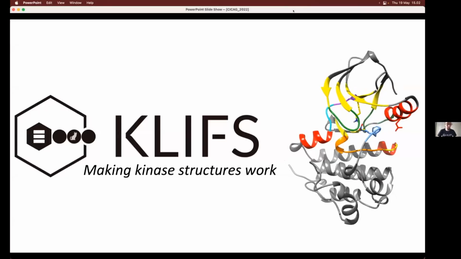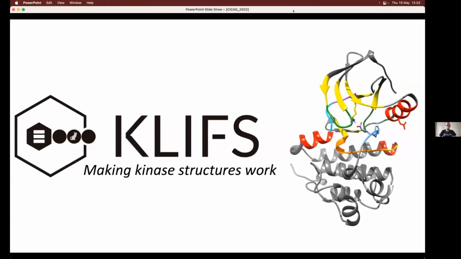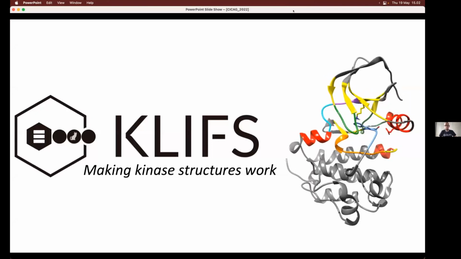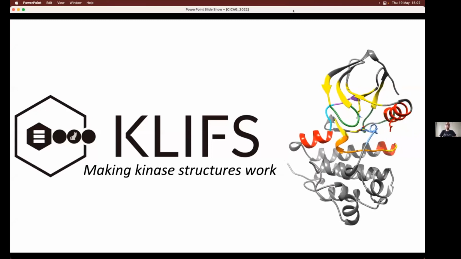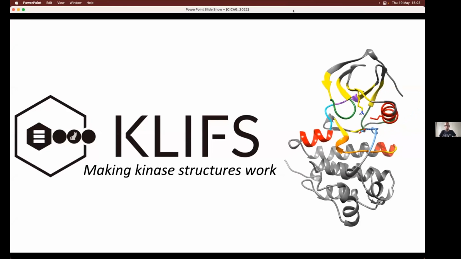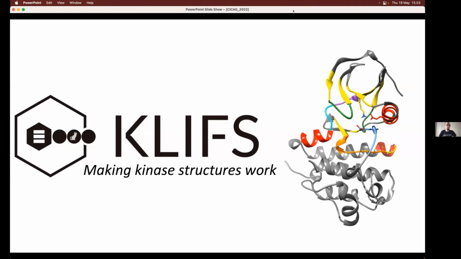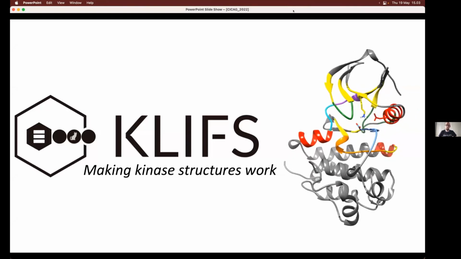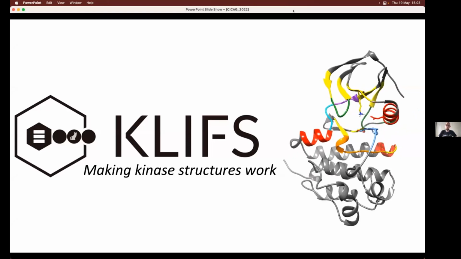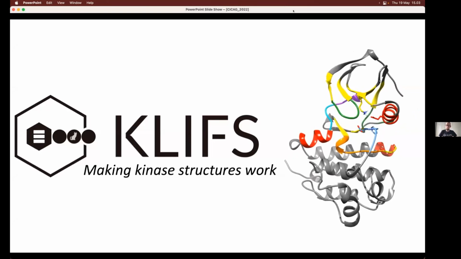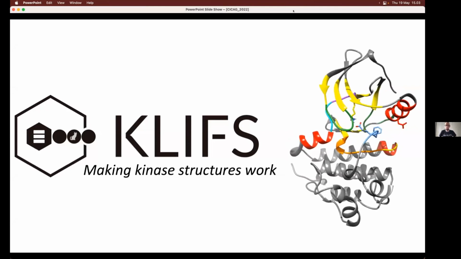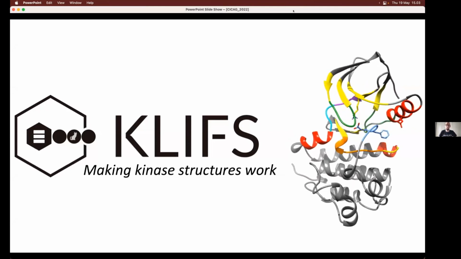So this session will be about CLIFS, the kinase structure database, and as a subtitle we have making kinase structures work, because the aim of CLIFS is to collect all those beautiful kinase structures we have out there and to collate them in such a way that everybody can extract the data from them and look at them in a more generalized fashion,